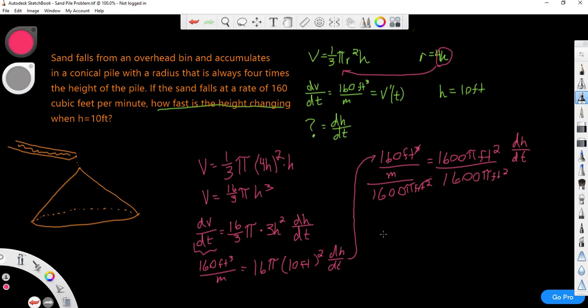So if you plug this into your calculator, what you're going to get is 0.0318. And remember the units, this is feet per minute. And that is how my height is changing with respect to my change in time. So this would be your